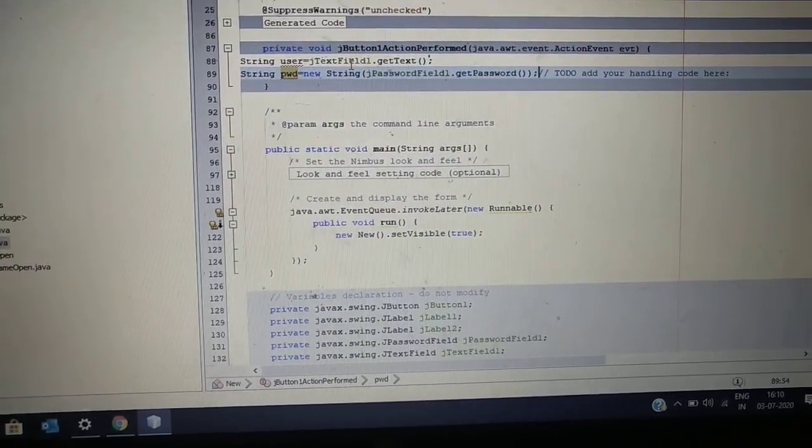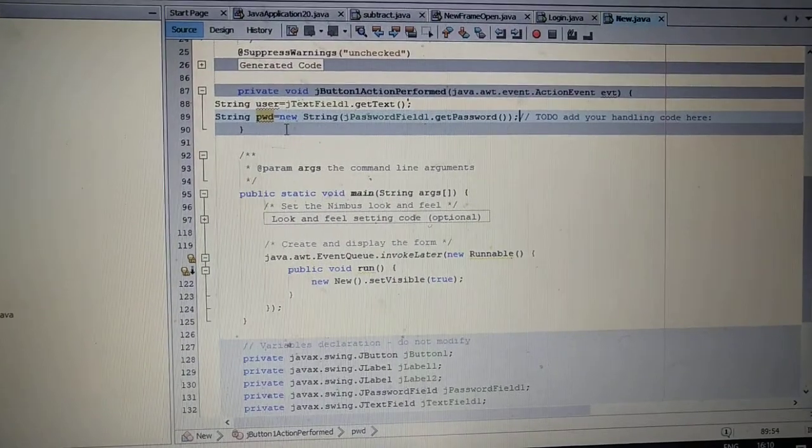So whatever password the user is entering, that password is stored in the pwd.